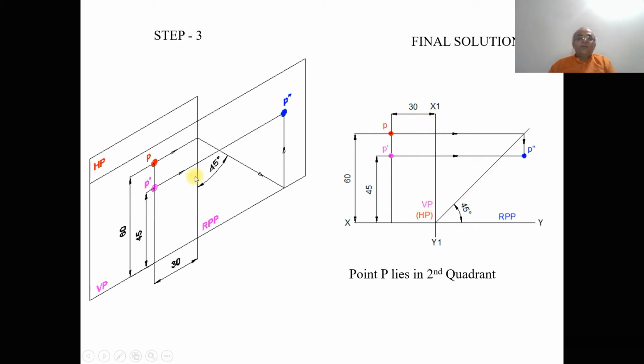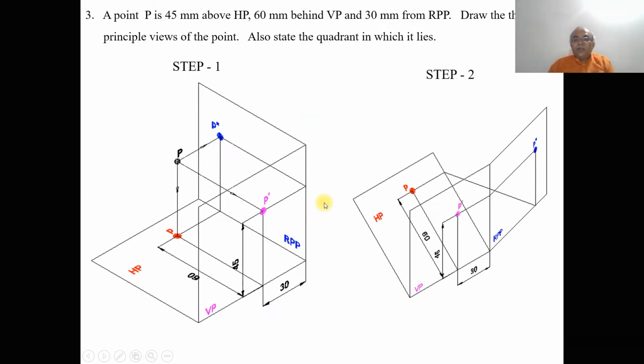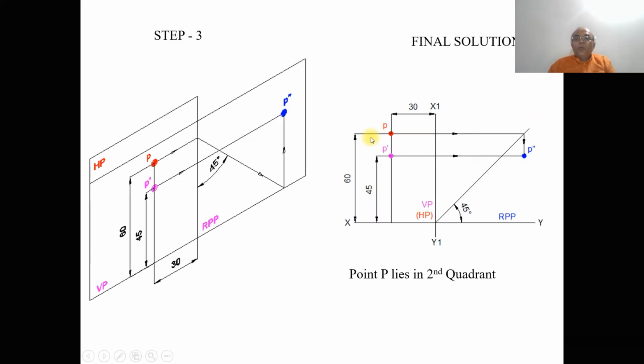So in the first quadrant also we have fixed the VP, and in the second quadrant also the vertical plane is fixed. That is quite evident when you see in this particular position we are rotating only the horizontal plane, and VP is fixed, and the right profile plane is also getting rotated. Now we go to this, and the distance with respect to the profile plane can be seen in both VP